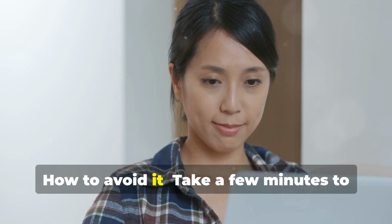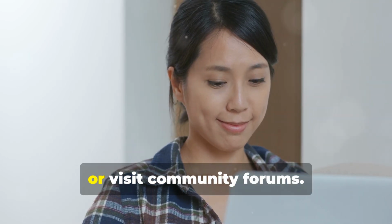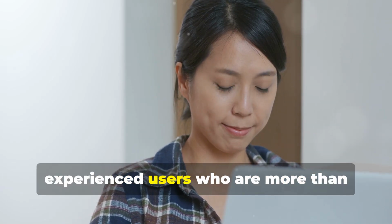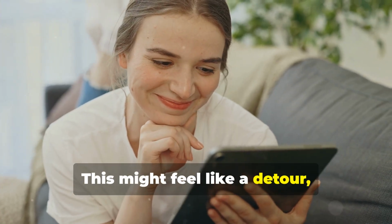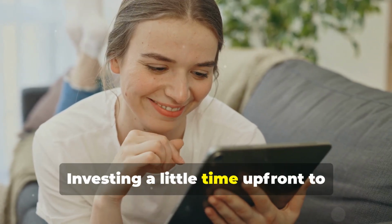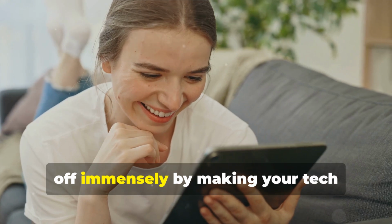How to avoid it? Take a few minutes to check out the tutorials, read through FAQs, or visit community forums. These forums are often filled with experienced users who are more than willing to share their knowledge and help you troubleshoot any issues. This might feel like a detour, but it can save you so much time and stress in the long run. Investing a little time up front to understand the resources available can pay off immensely by making